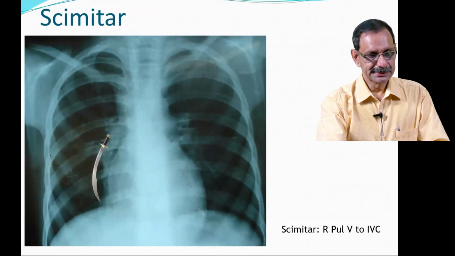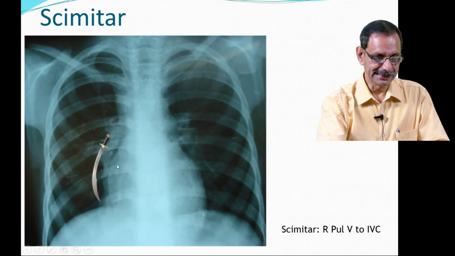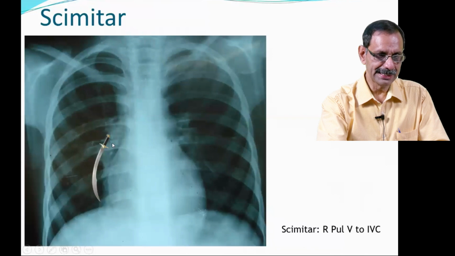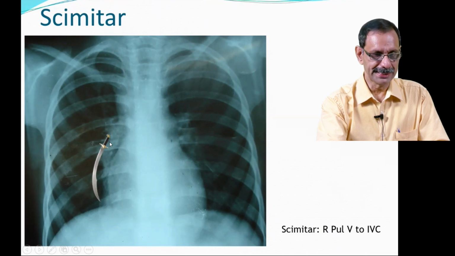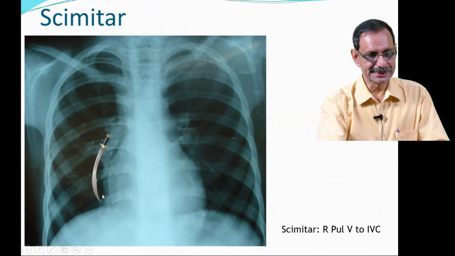Yeah, this is the so-called scimitar sign. A pulmonary vein rarely drains into the inferior vena cava here. So it shows itself as a shadow, something like this, descending, a little less dense than this, and goes like this and blurs out here. So that is how it normally appears. Because of this shape, it is called scimitar sign.